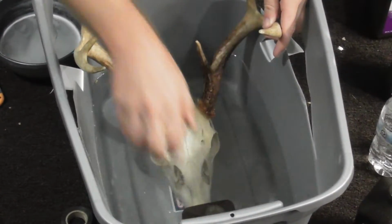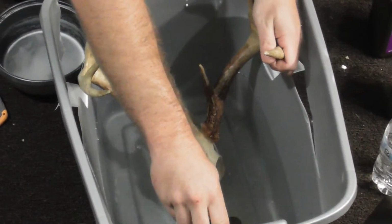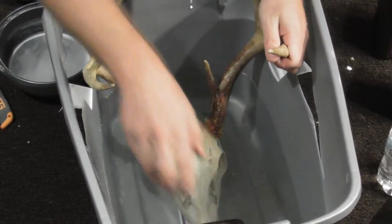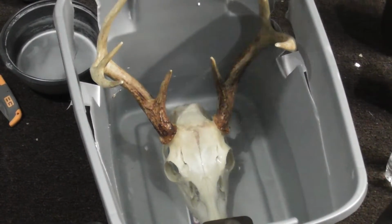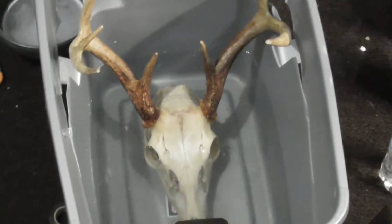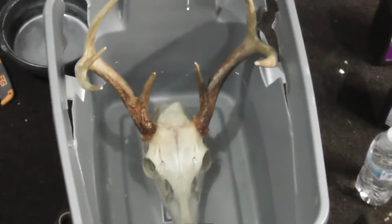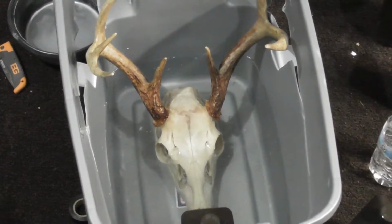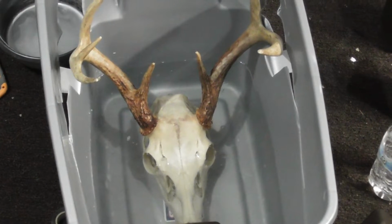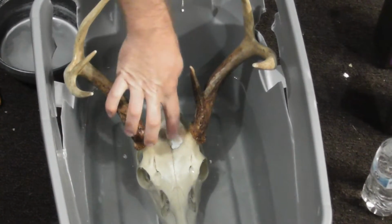And really want to be careful here to get it set perfectly in here so the antlers are not touching the water level, because they'll bleach the antlers. It's not an immediate effect, but you leave it in there and it'll bleach them. So just the top of the head right here, where these lines are on the skull, is what's sticking out of the water. So I'll take this solution that is made with baking soda and peroxide, and you just rub it on